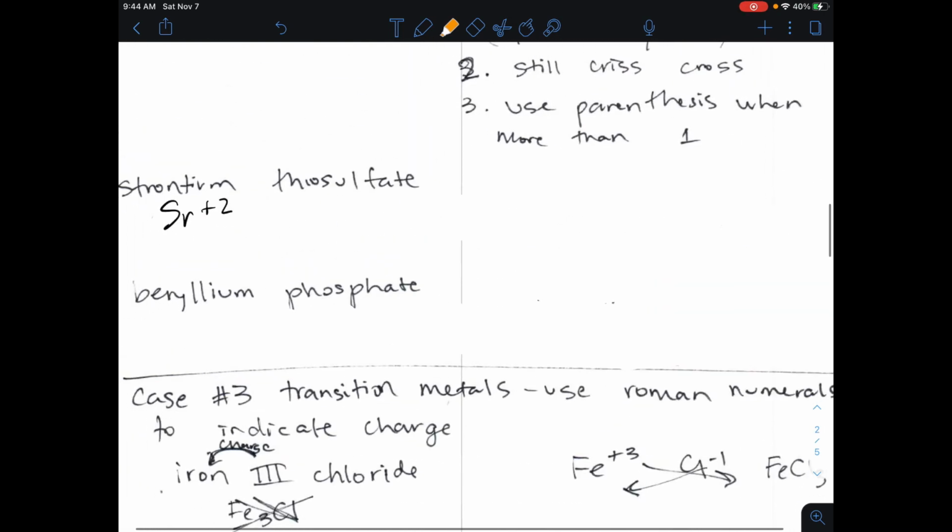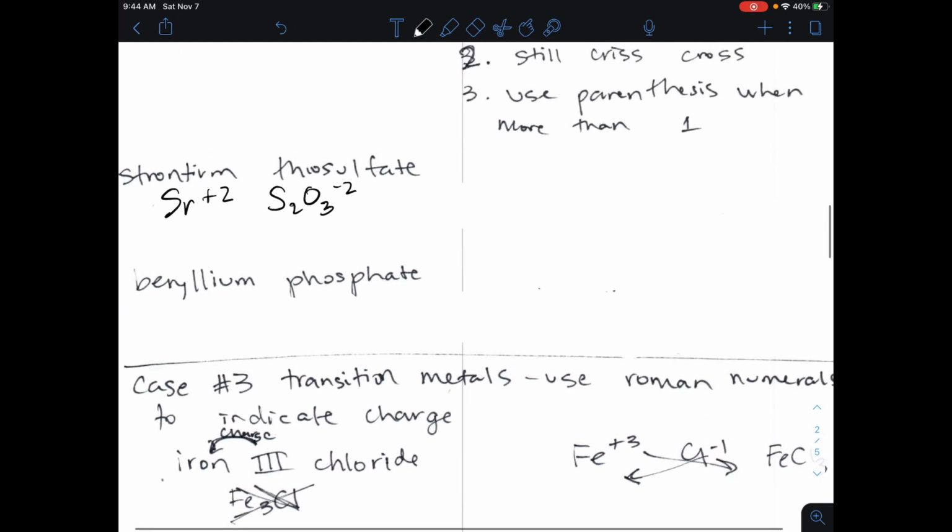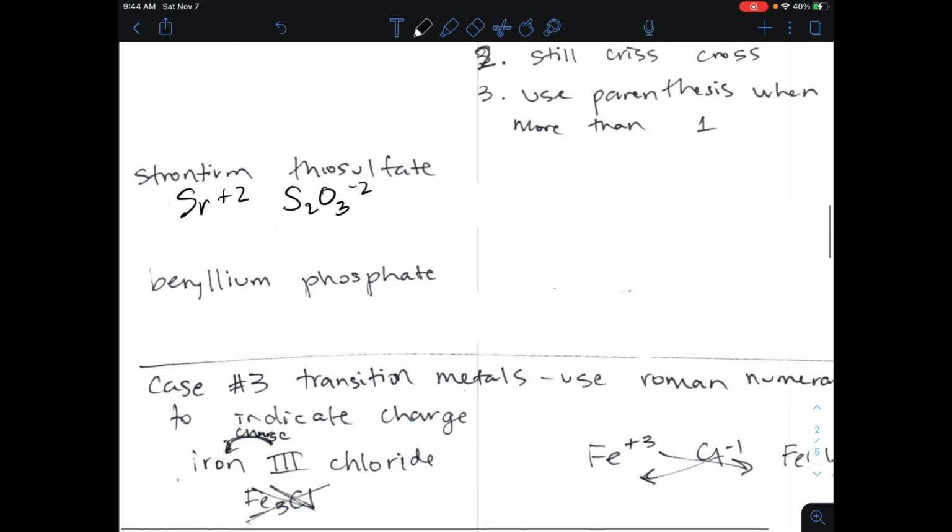Let's go back up top and write it. S2O3 -2 charge. Okay, and what happens when they're the same charges? We have +2 and we've got -2, so that means they just get canceled out. And so the formula is Sr,